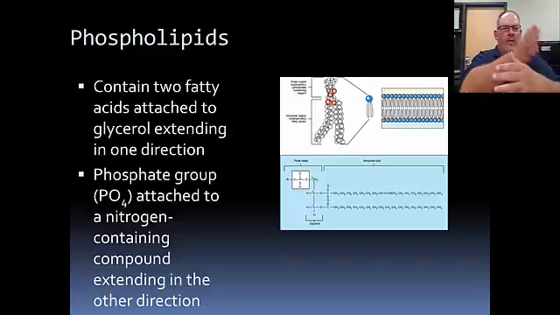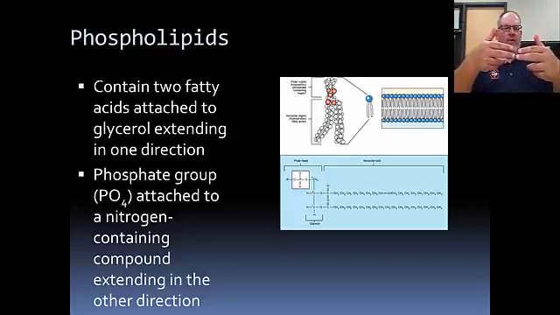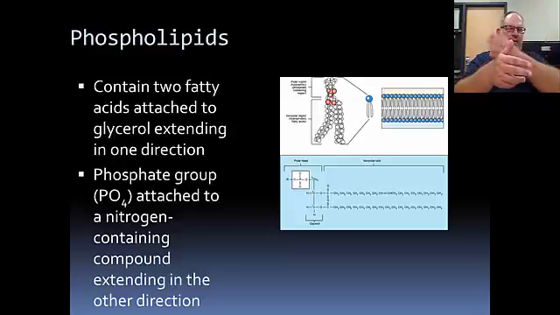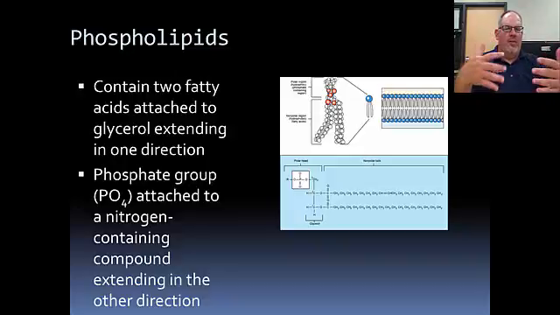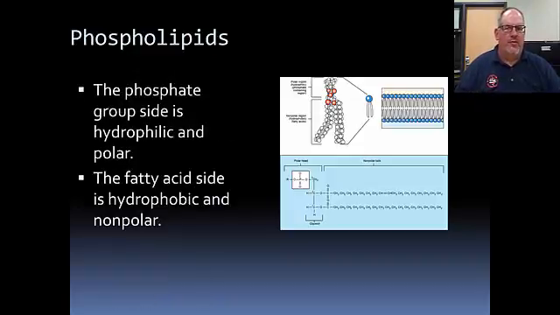This right here would be the outside of the cell. 2 phospholipids, phosphate heads out here, the fat chains neutral in the center. Here's the inside of the cell. What it does is pull water to the edge of the cell, but it doesn't freely let water pass in and out because the neutral fat chains in the center repel water away. Phospholipids are very important in the body for maintaining cellular membrane integrity.